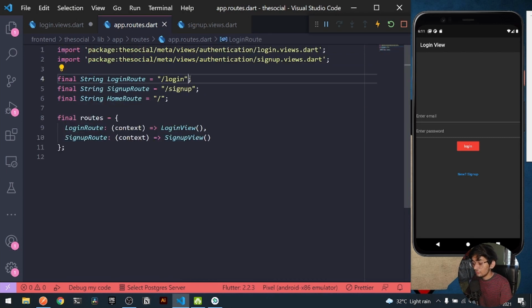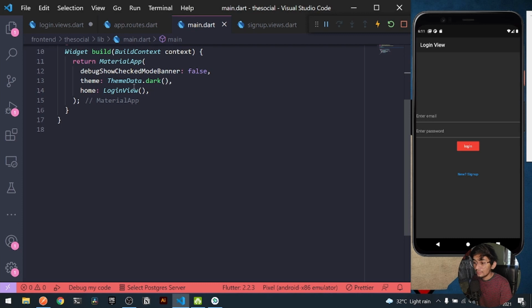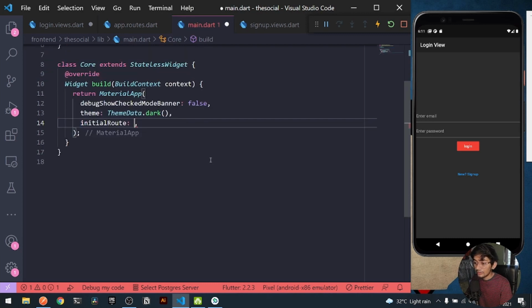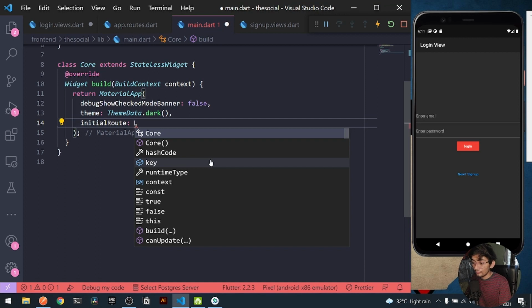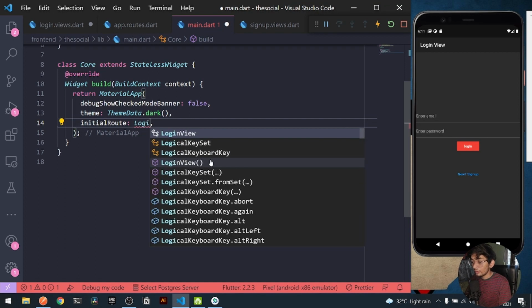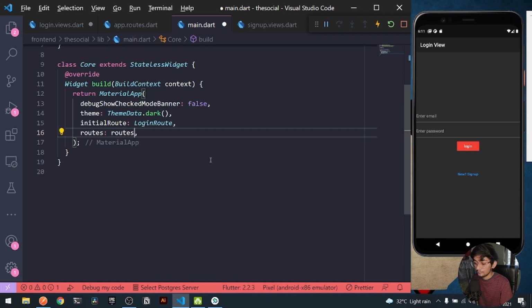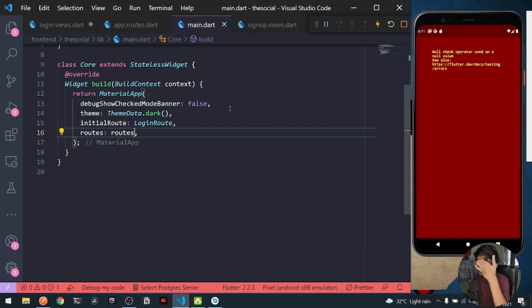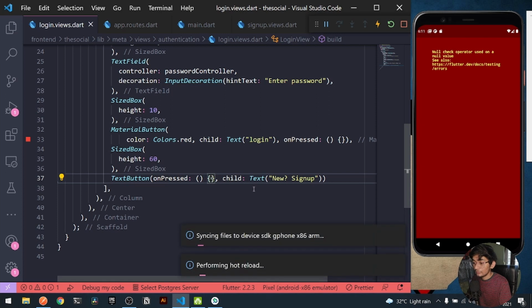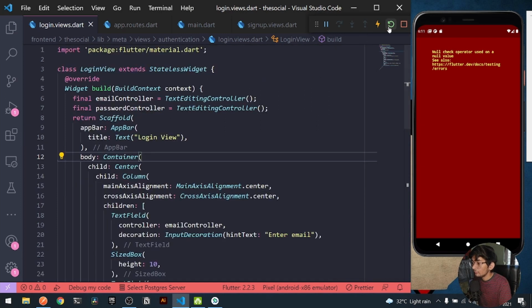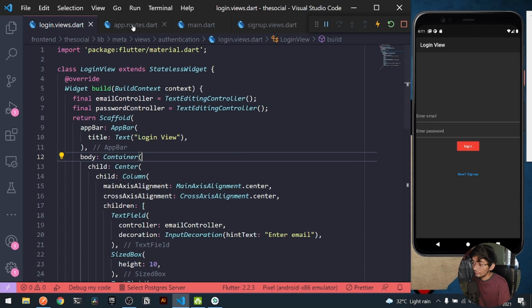Right, so once I have done this, I can go under my main.dart file, and here, as you can see, I have my home as a LoginView. So here I can have my initial route, instead of that LoginView, to be loginRoute, and it will also have the mapping of routes to be routes. Right, let's wait for it. Okay, null value, let's press Ctrl and S. Okay, so let's restart one more time. Alright, so the error is gone. It was a small null value check error, no issue in that.